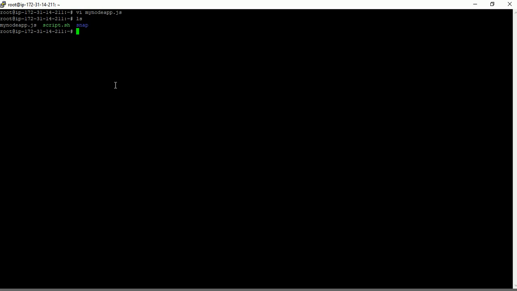Before installing this, we have to go to the Node.js application location. You have to go to that location and install this async node module. My Node.js app is in my root location only, so I'm installing here only. If your node app location is another location, you have to go there and install the async node module. To install it, type npm install async.